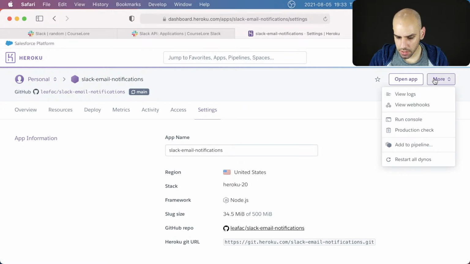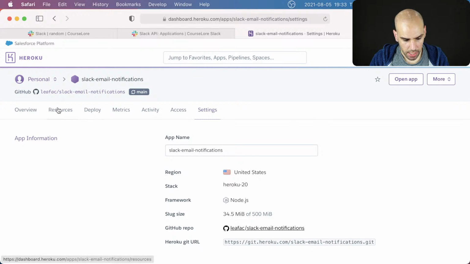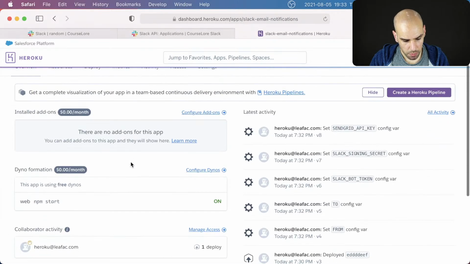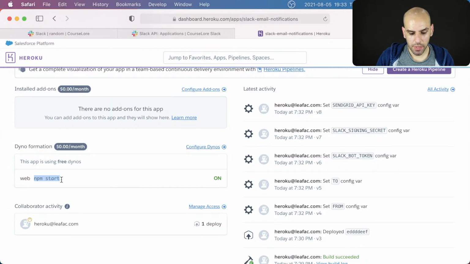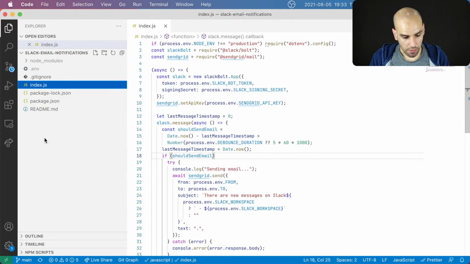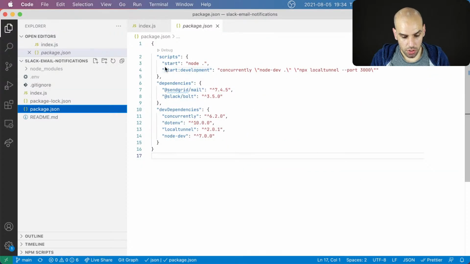Let's see. So how do I even restart the app? And if I go to overview, it should not be running, right? Yeah, so remember how I said that I wanted to leave npm start for the production thing? Well, the way Heroku works is it notices that you have a JavaScript app because of the package.json, and then it installs the dependencies using npm, and it knows that it needs to run npm ci to do that, and it knows that it should run npm start.